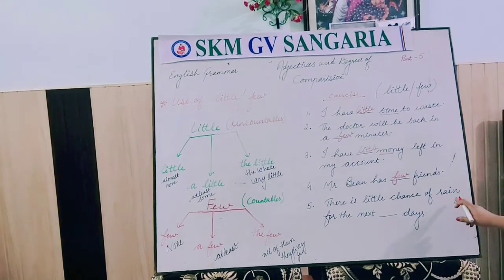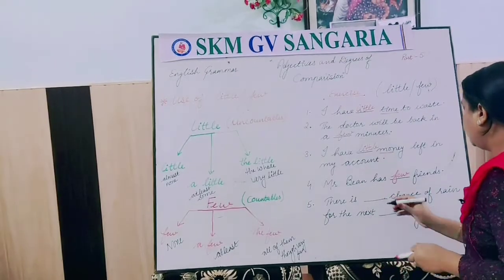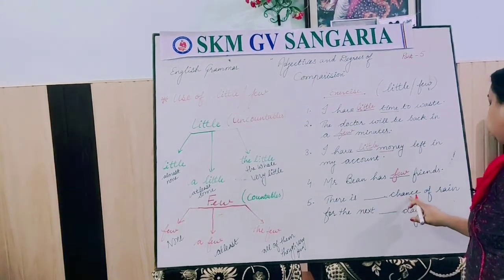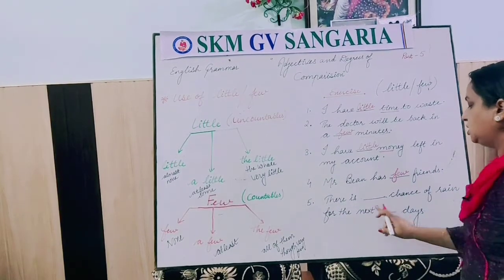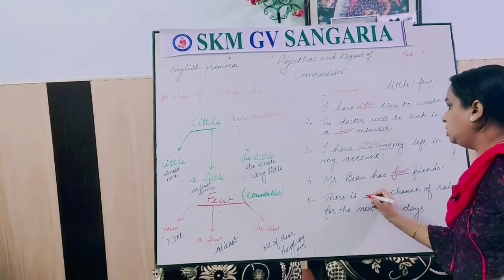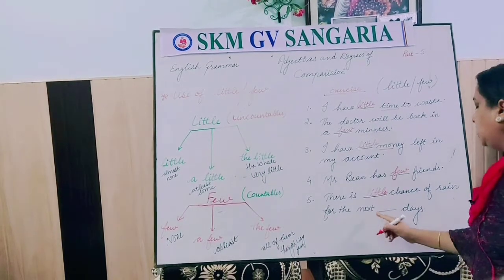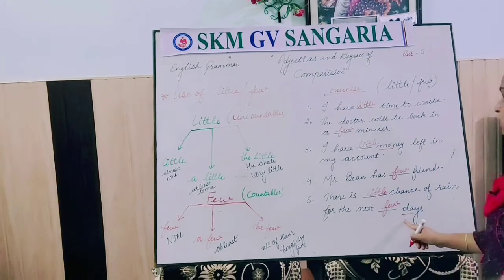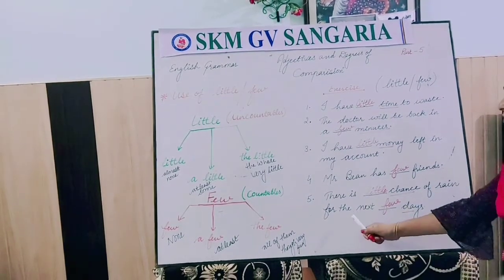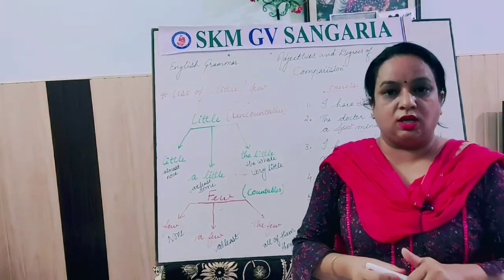So there is dash chance of rain for the next dash days. There is dash chance of rain for the next dash days. So what will you do? With chance, what will you do? Chance is uncountable. So what will you do here? There is little chance of rain for the next few days, because days is countable and chance is uncountable. So there is little chance of rain for the next few days. So that's all about the use of these adjectives in the different